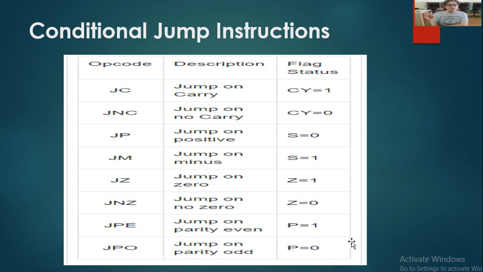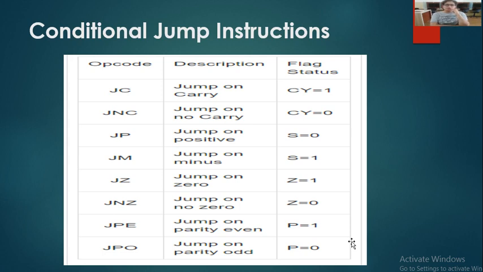Students, there are a total of 8 instructions of conditional jump, where we have to explain the instructions with the status of their flags. From an exam point of view, they can ask you any of the instructions. They can ask what the different conditional jump statements are, or ask you to explain the different jump statements. In that case you have to write that jump is of two types: conditional and non-conditional. Non-conditional is when it will not check any condition, it will directly jump to the location.